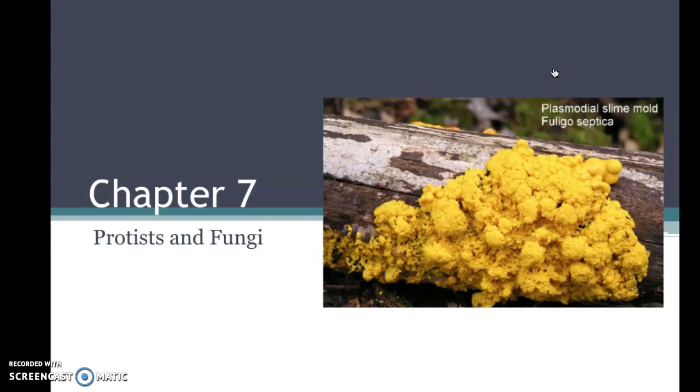If you look at the picture that I put here, this is a picture of a slime mold. Go ahead and open up your books to chapter 7, the very beginning. The introduction talks a lot about slime molds. I really don't want to talk about it because that was your assignment today, so I don't want to give anything away, but it's pretty interesting and kind of gross at the same time. So that is a picture of what that looks like.